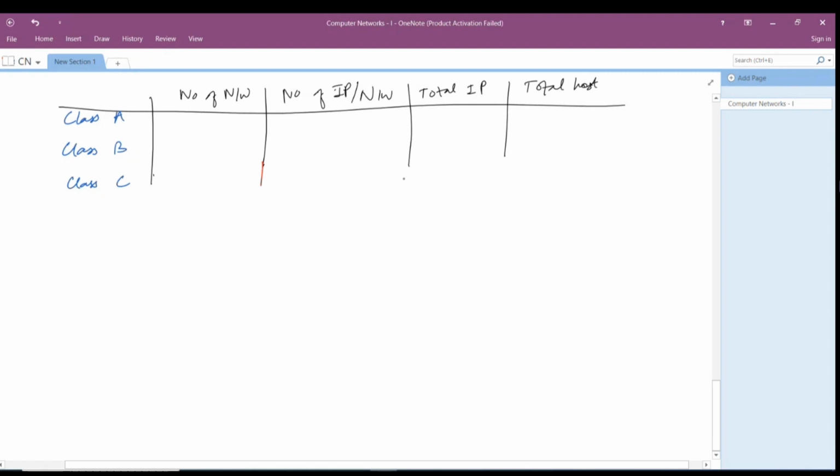Class A, what is the total number of networks we have? 2 to the power 7. Again, 0.0.0.0 and 127.0.0.0 are reserved. We'll talk about it. So 2 to the power 7 is fine, but it is 2 less than that. So we have 126. Class B would have